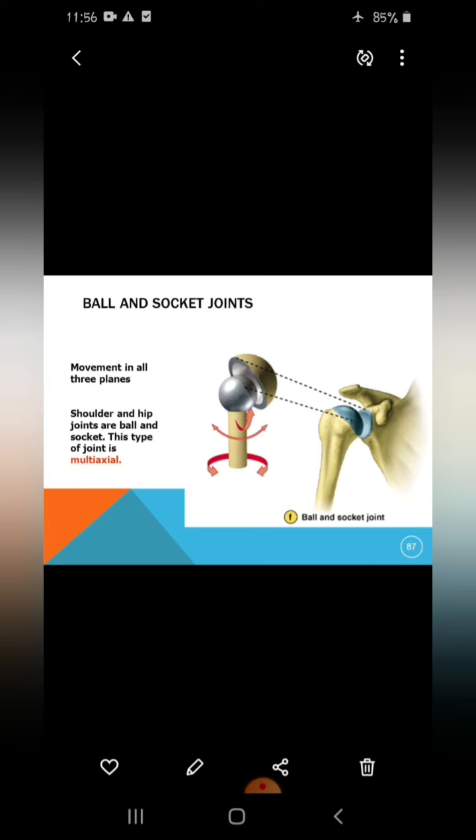To understand this joint, we have to do an activity. You have to roll a strip of paper into a cylinder. Make a small hole in an old rubber or plastic ball, and push the paper cylinder into it as shown in the figure. You can also stick the cylinder on the ball.